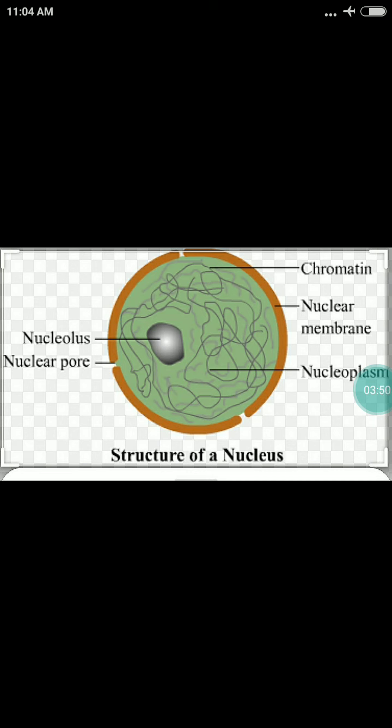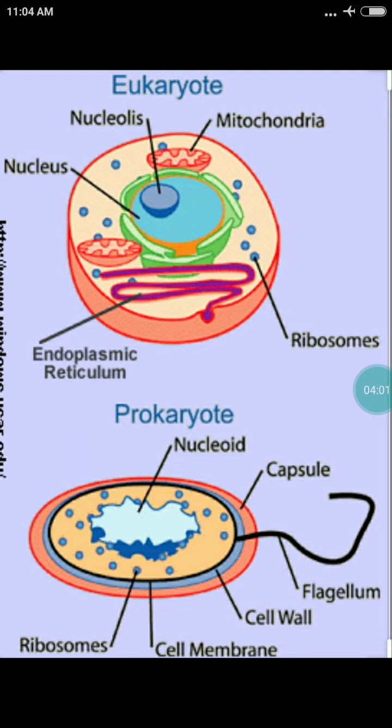The entire living substance of a cell is known as protoplasm. It includes the cytoplasm and the nucleus. The nucleus of the bacterial cell is not well organized like the cells of multicellular organisms. There is no nuclear membrane. The cells having nuclear material without nuclear membrane are called prokaryotic cells. The organisms with these kinds of cells are called prokaryotes.